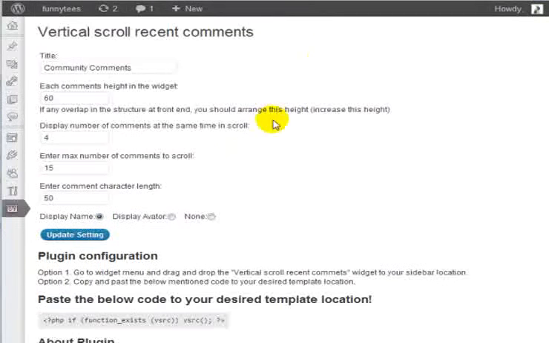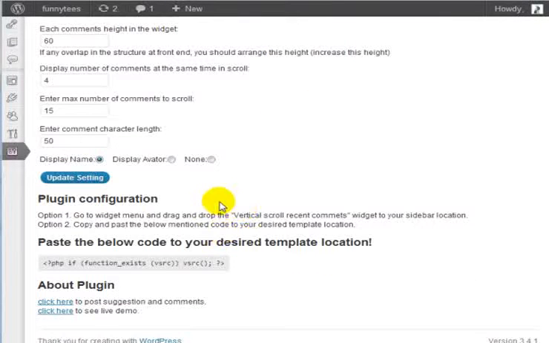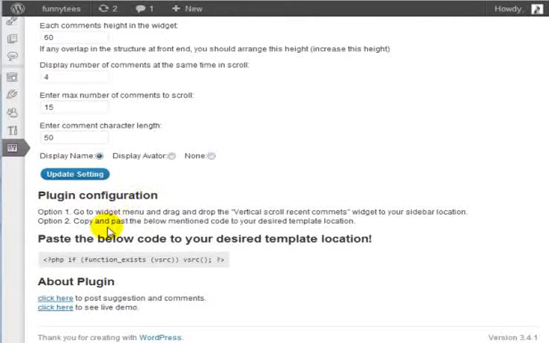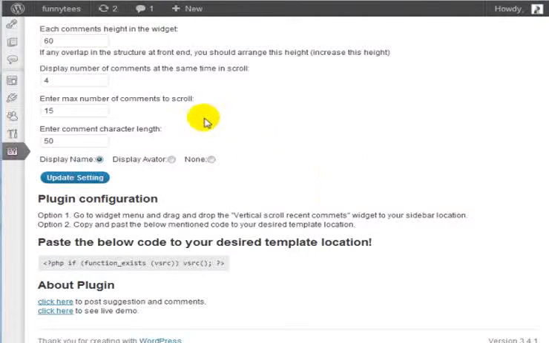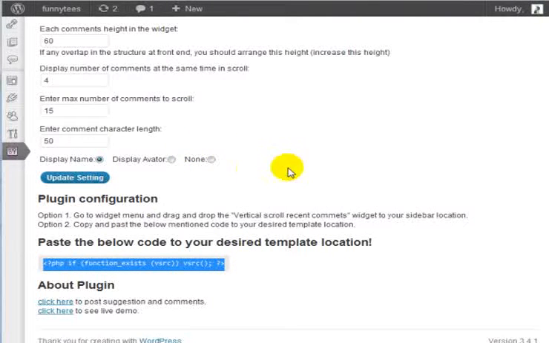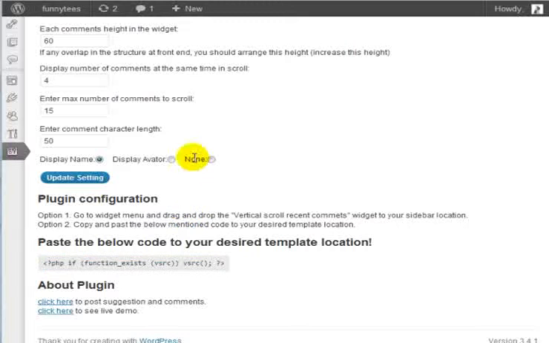And there are 2 different ways of posting this vertical scroll recent comments box. You can either put it as a widget, which is what we're going to be doing in this specific video, or you can also copy this widget to a specific page and things like that. If you want to put it in a desired location, you will need to copy this code to a specific part of your template. So this is for advanced users. For most of the time, I would keep it as option number 1,